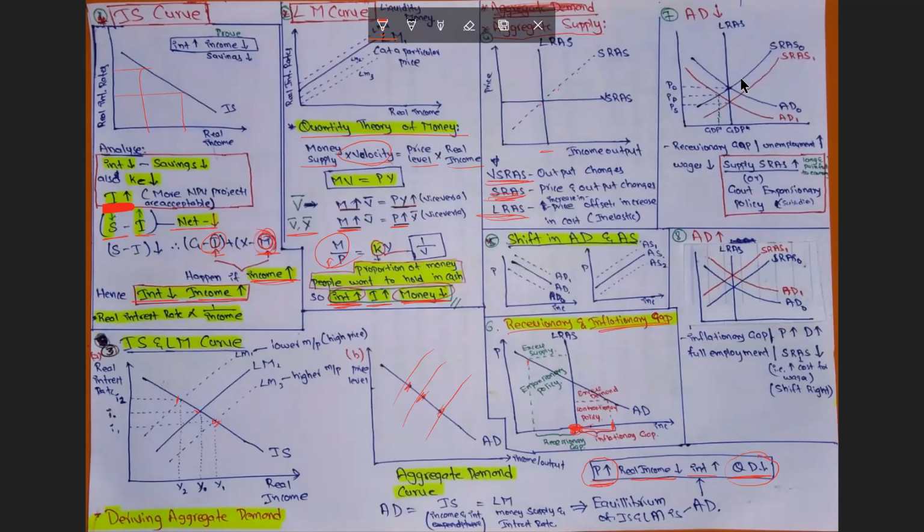So let's consider the different movements in the demand curve. When the aggregate demand curve decreases, this is the long run, short run, and aggregate demand curve. The aggregate demand curve first moves downwards because there is a decrease in aggregate demand. So what happens is the GDP will reduce and the price will decrease. In order to recover that, what will the government do?